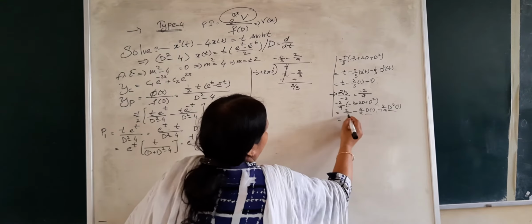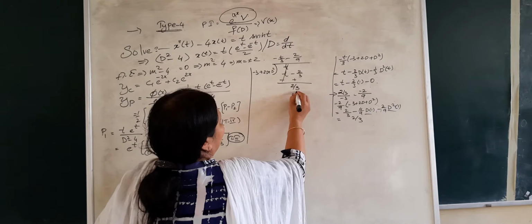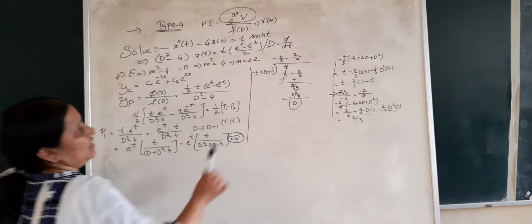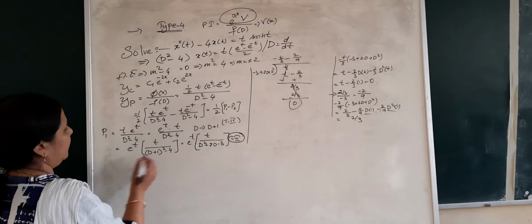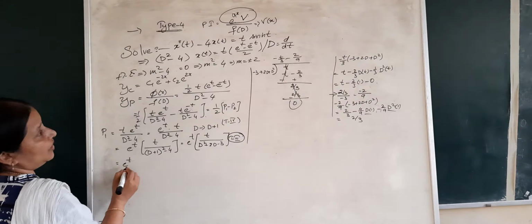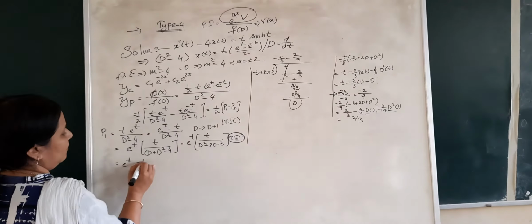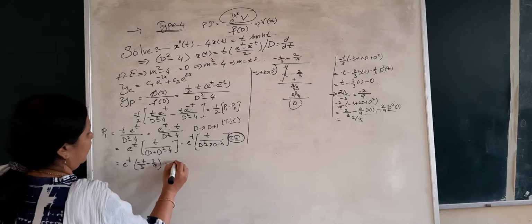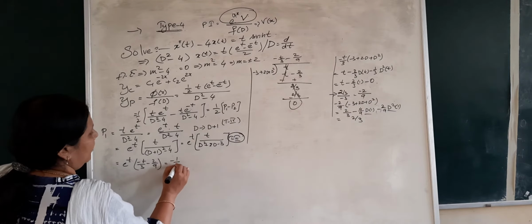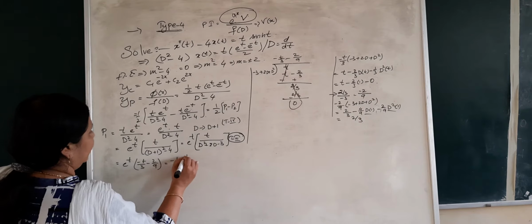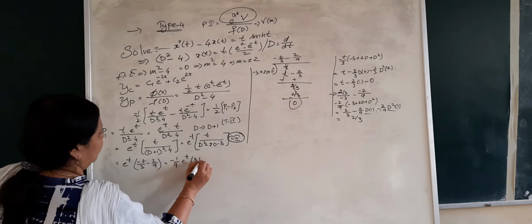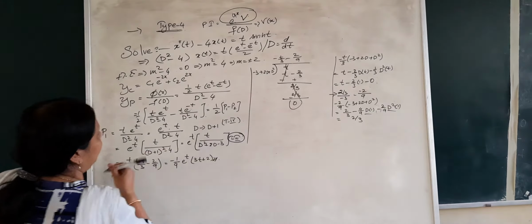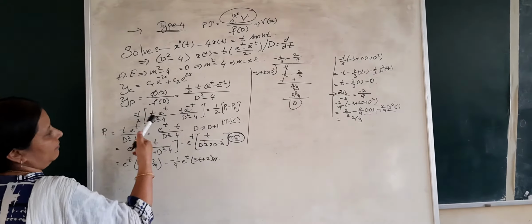So these two terms are going to be 0, you get only 2 by 3, and hence the remainder after subtracting is going to be 0. So this is the term that has to be replaced here after applying type 3. So it's going to be minus t by 3 minus 2 by 9. Take out 1 by 9, we get, along with the negative sign, minus 1 by 9 e to the power t times (3t plus 2). This is the first term, not the complete yp, it's only the first term, the p1 of our yp.